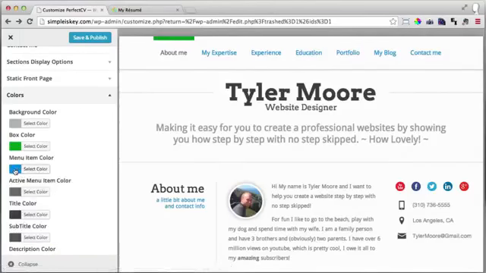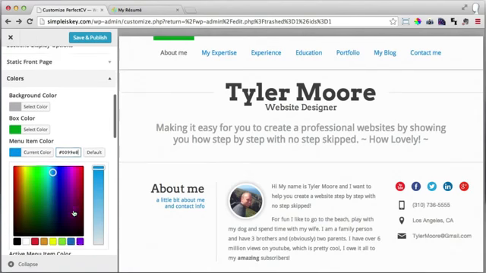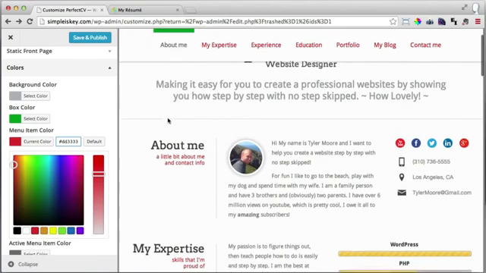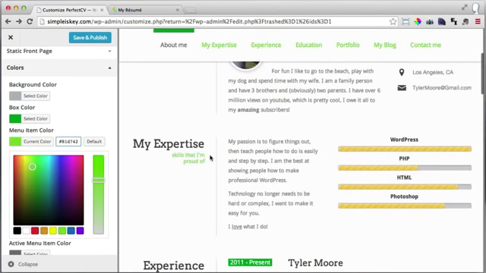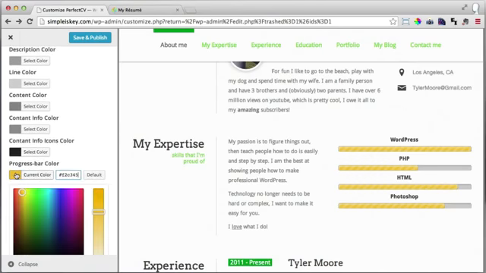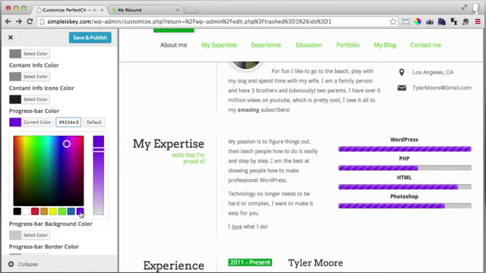And if we want this menu item color, which is these colors up here, to be, let's say, purple or red, it will be those colors, and it changes all the colors down here also. So that's pretty cool. And we can change the progress bar color to a cooler color if we want,